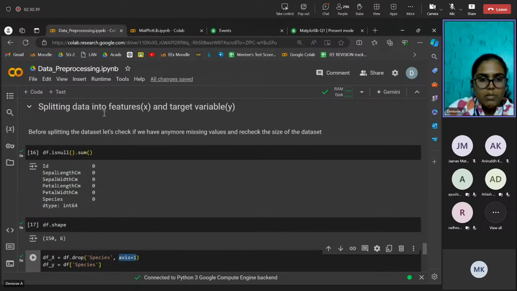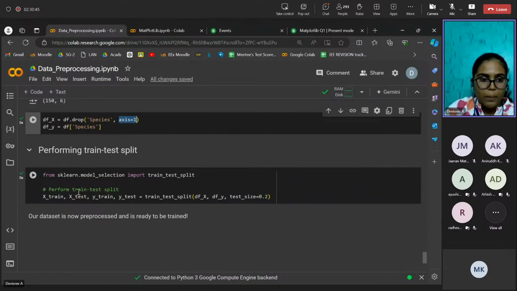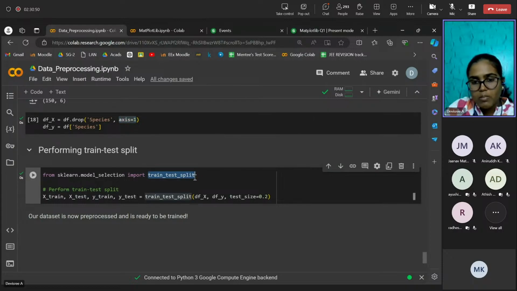So now this splits it into X and Y. Now we perform the train test split on X and Y. From sklearn, there is an inbuilt train_test_split function in sklearn.model_selection, and we import that and